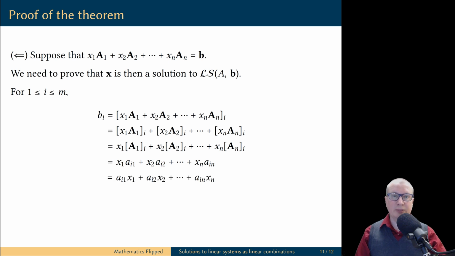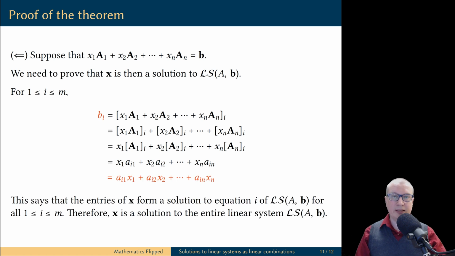Finally, using the fact that multiplication of numbers is commutative, I'm simply going to change the expression slightly to help you visually see what's going on. If you look at the beginning and at the end of this long equality, you will see that it says precisely that components of vector x satisfy equation number i of the linear system, with A as the coefficient matrix and B as a vector of constants. But this holds for every i. Therefore, components of the vector x satisfy every equation in the linear system, and therefore the vector x is a solution to the linear system.